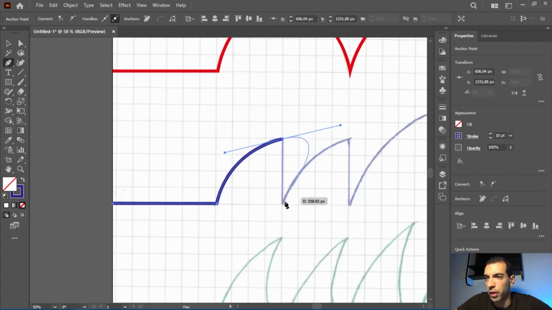Now I want another anchor point here, but I want a straight line, and obviously here we have a curve. To make a straight line from here, it's very simple. I'm gonna put the cursor right here, and you notice the cursor has changed. I make one click on this point, one click, and now I anchored that point. Now if I go from here, I get a straight line,